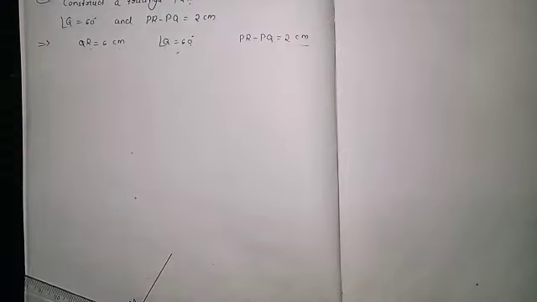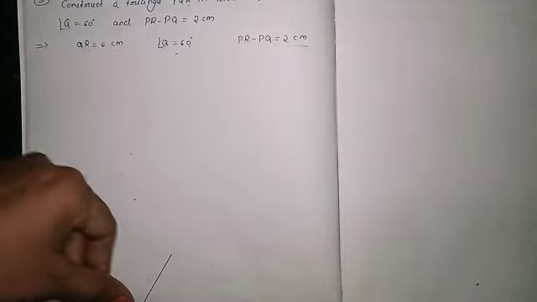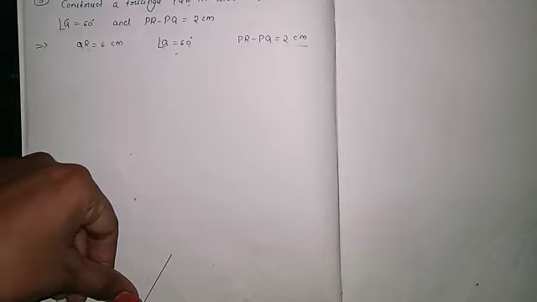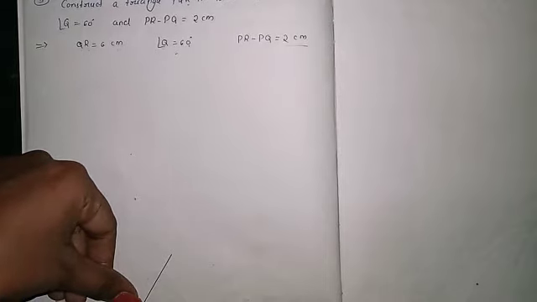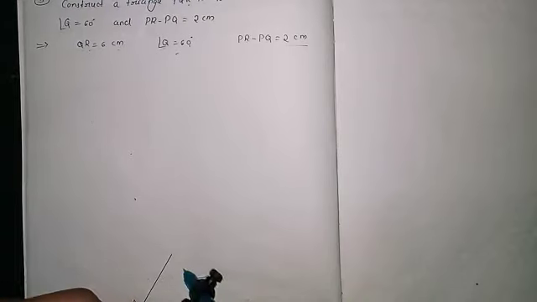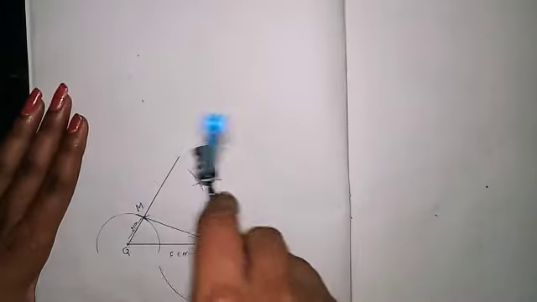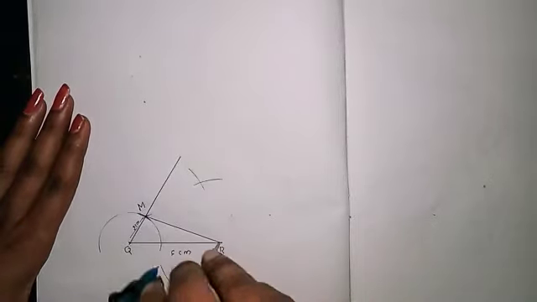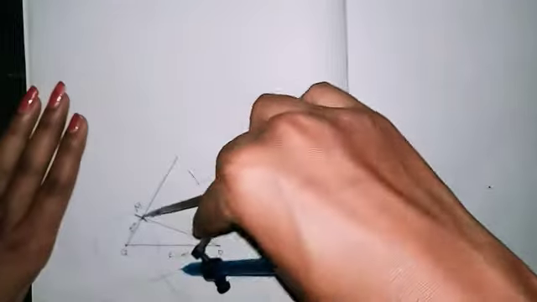So now you have to join this one. If you join, you will get a new line, yes. So from this you have to draw the bisector, because as it is the difference. So take more than half, and from these 2 points you have to construct. One is above and another one is downwards. So one you have to take like this, more than half you have to take, and one curve up and one curve down, and again you have to keep it at M, one upward and another one downward. So is it clear?